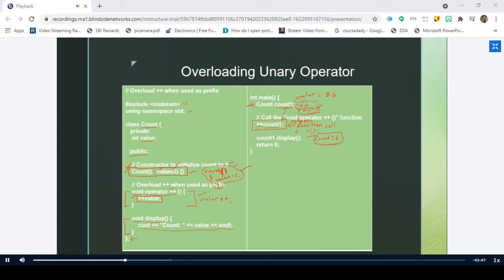Yes, sir. Right. Now I just want to know one thing. My question is, here I have given it as plus plus value. Can I write like this: value is equal to value plus 10? Will it work or does it give any error?